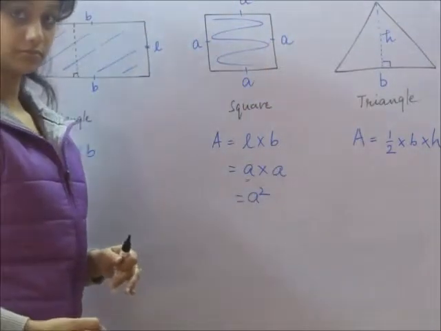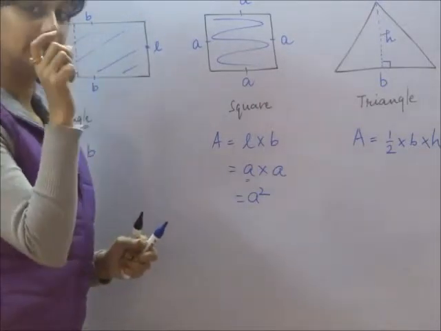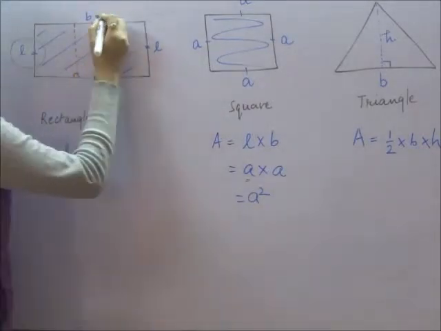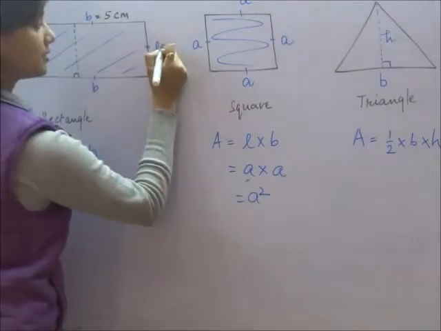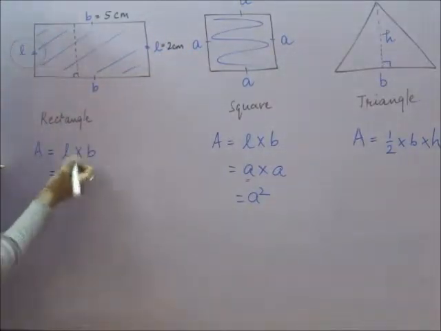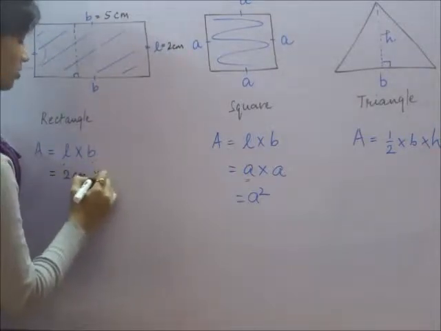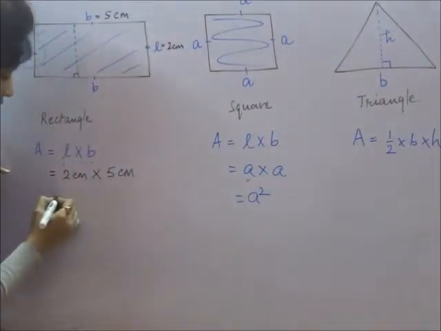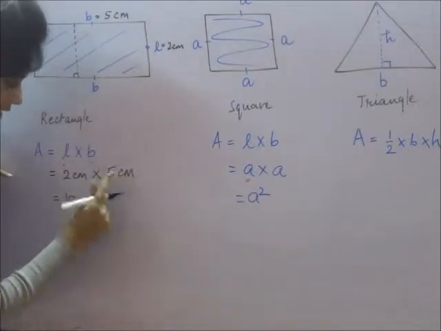Now, let me take some examples with the real lengths of the figures. Say for example, B is 5 centimeter and L is 2 centimeter. So the area of the rectangle would be L into B, that means 2 centimeter into 5 centimeters. So 2 cross 5 becomes 10. Centimeter into centimeter becomes